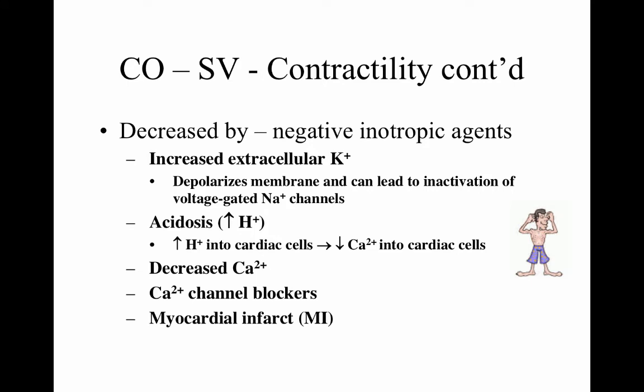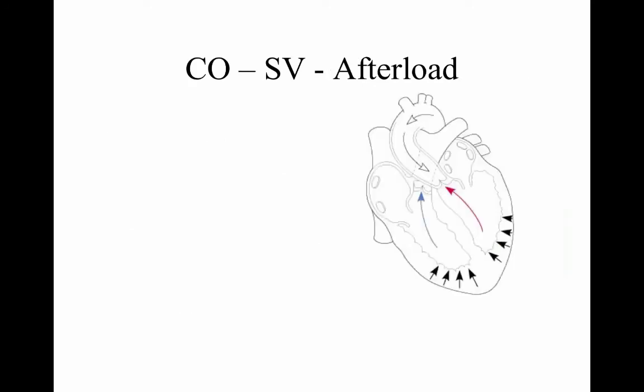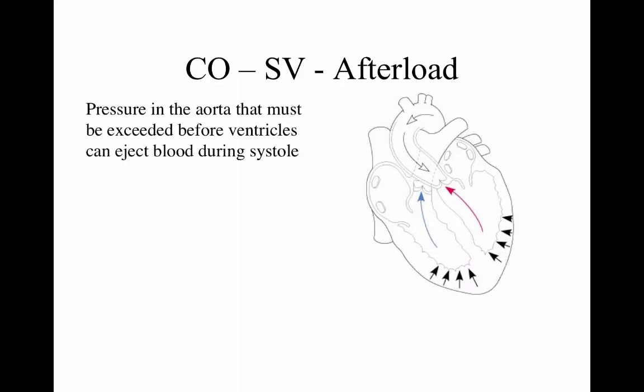And a myocardial infarct that damages cells, infarction being cell death, could also decrease contractility of the heart just through a frank loss of the quantity of cells in the heart. The cardiac output stroke volume afterload discussion would say that the pressure in the aorta that must be exceeded by